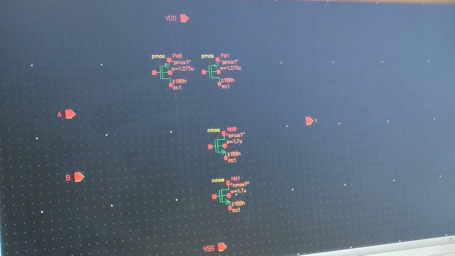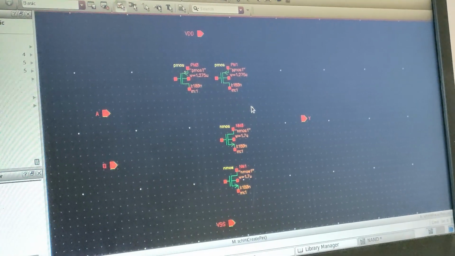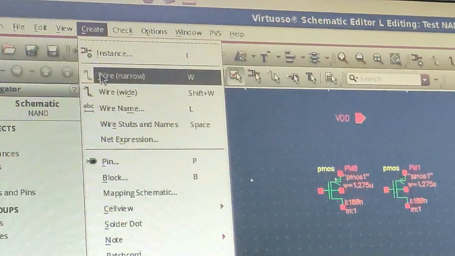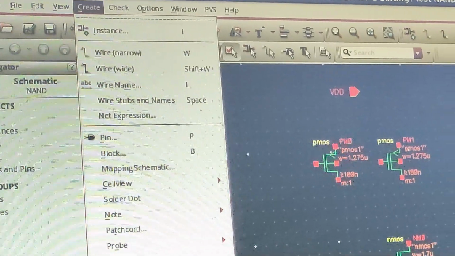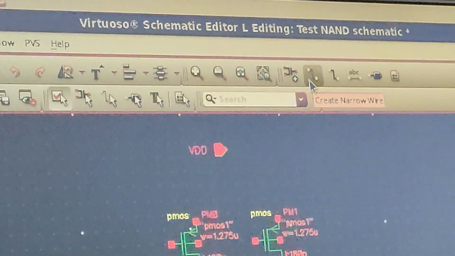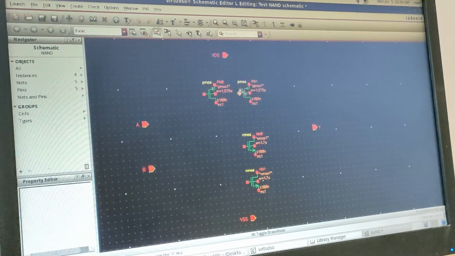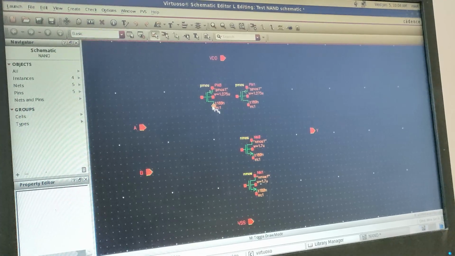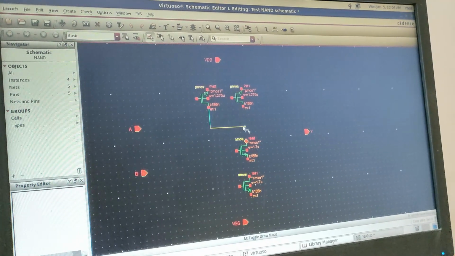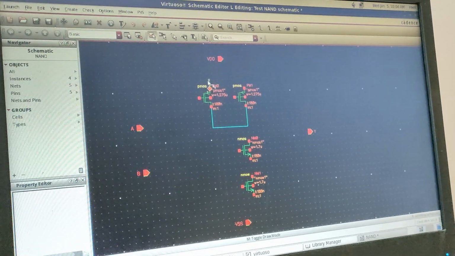You need to make the required connections as per your circuit. For that I need wire. For taking the wire, once again we have three options: create wire narrow, or I can click on this icon, create narrow wire, or I can use short key W. If I click on short key W, complete the wiring as per the schematic. That is, drain and drain of pMOS are to be shorted. Then source and source of